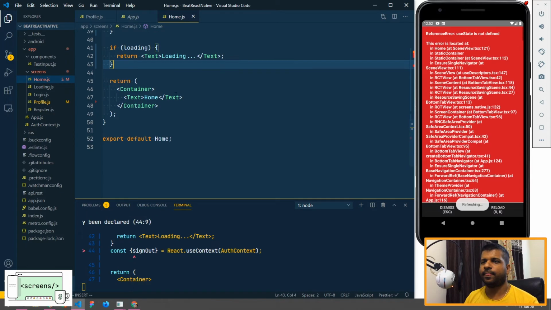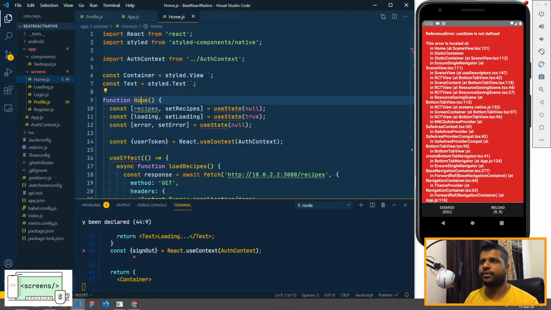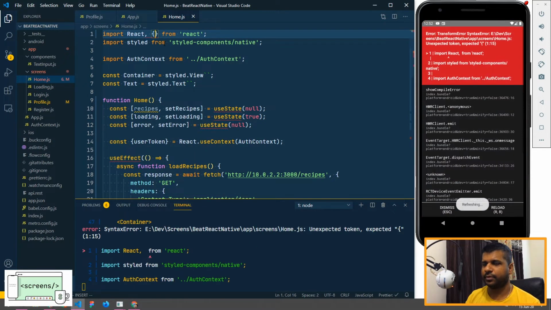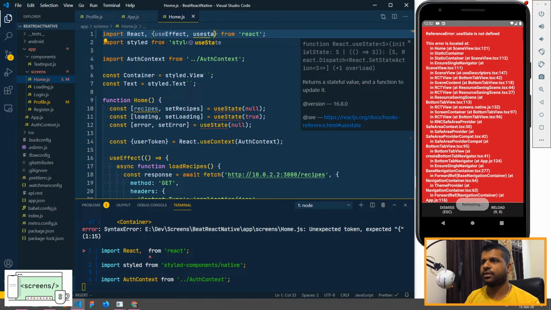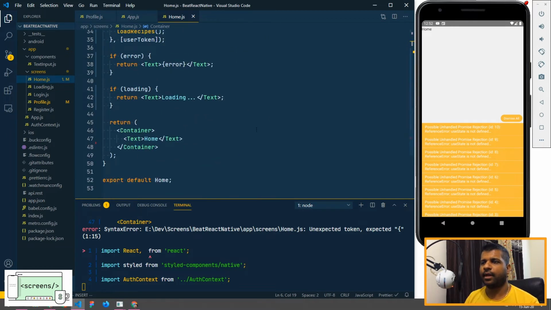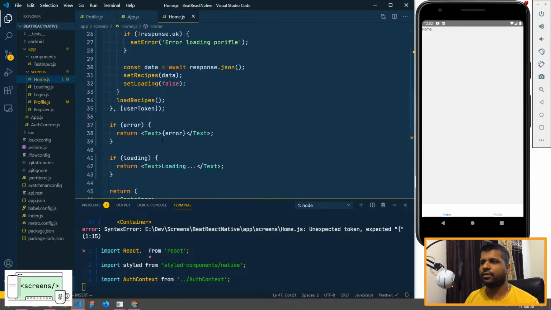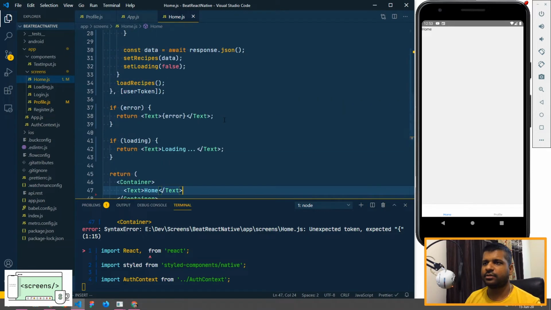Yeah. So now let's go ahead and import it really quickly. So we'll have use effect, use state. Okay, so now we need to have a flat list to display the data. As the data is a list, I'll use the flat list.